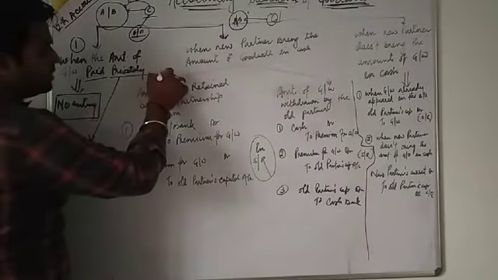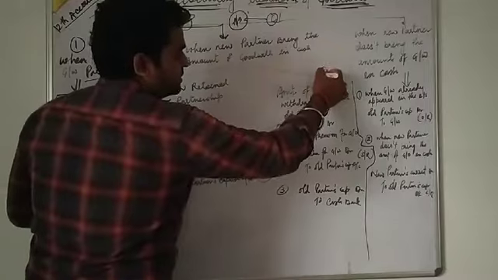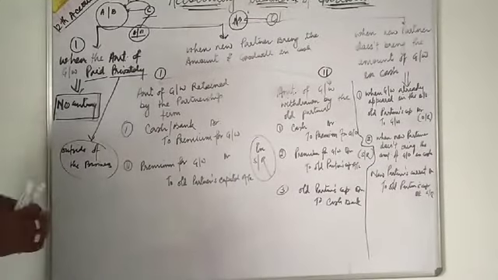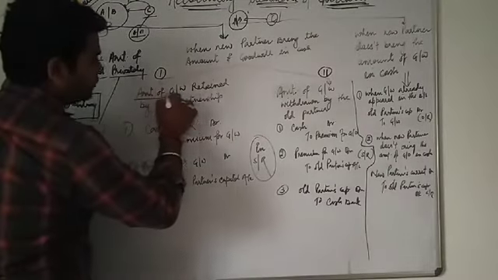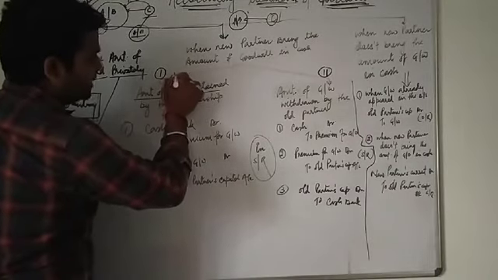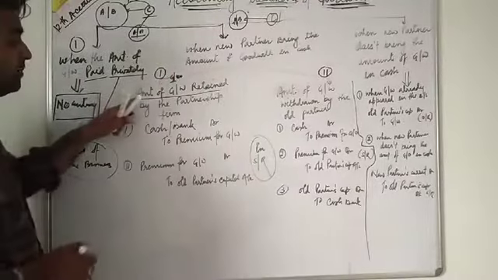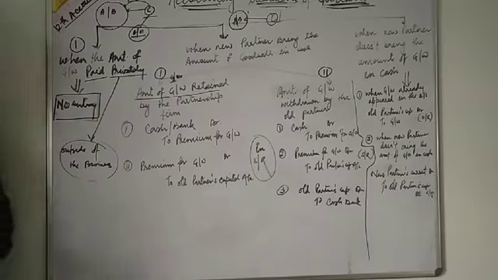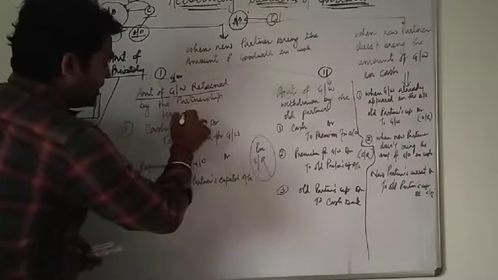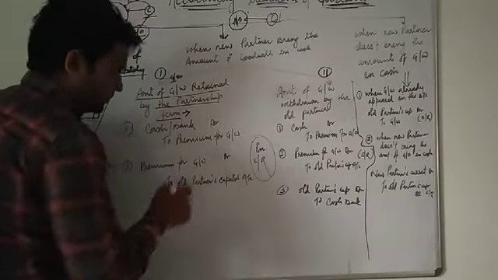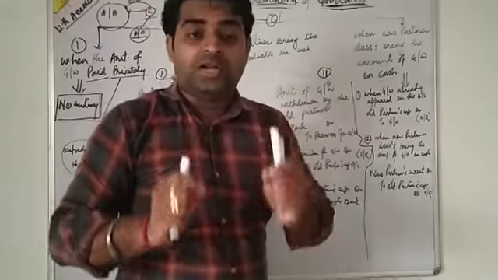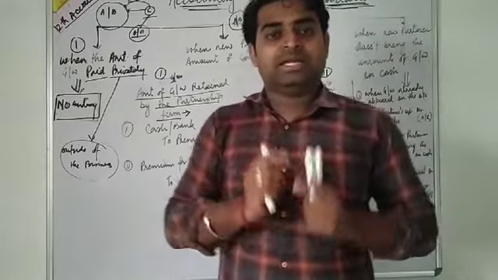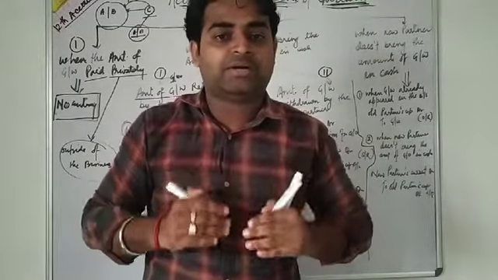First case and second case. See here, it's important. First case is the amount of goodwill, we can write G/W, retained by the partnership firm. Amount of goodwill retained by the partnership firm means whatever amount of goodwill is given by the new partner will be retained by the partnership business.